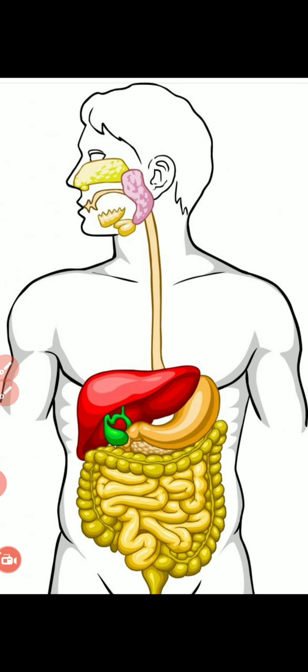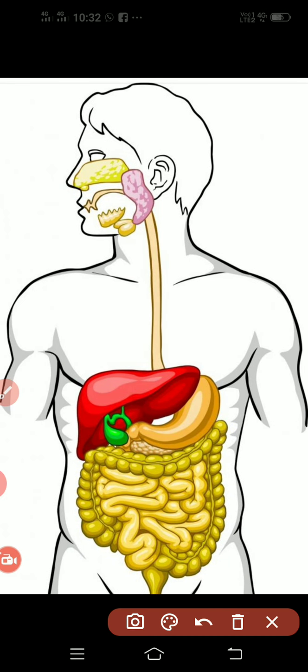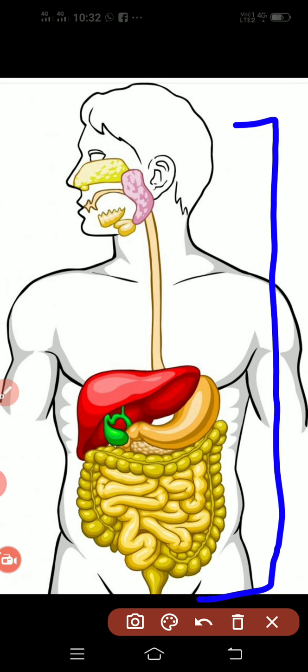This is the human digestive system, and this is the alimentary canal. The alimentary canal is a long tube, 9 meters long. It extends from the mouth to the anus. So the alimentary canal is the main organ of the digestive system, and we will talk about different parts of